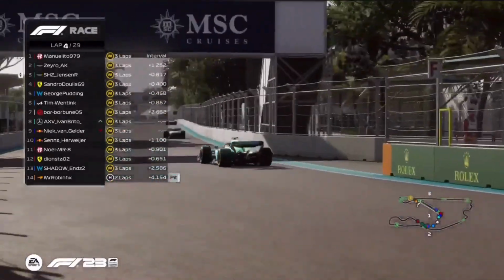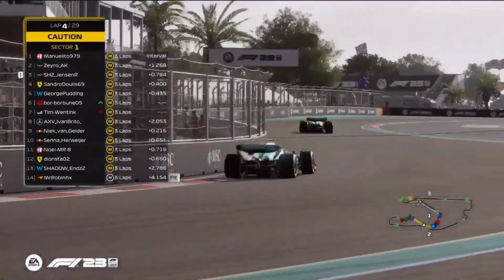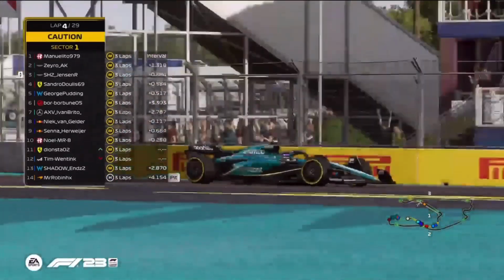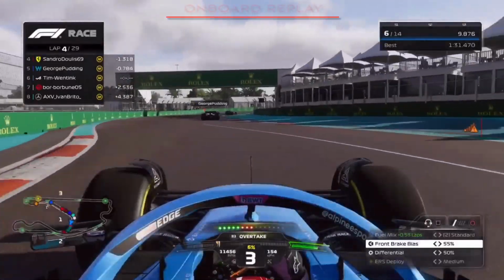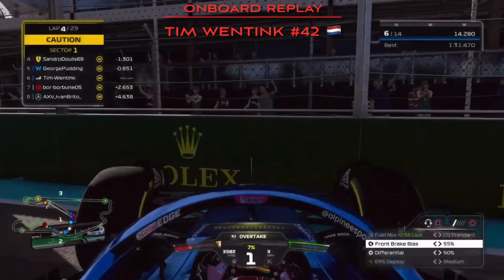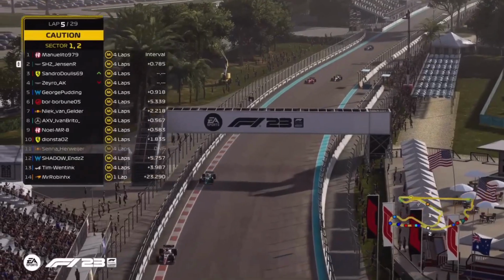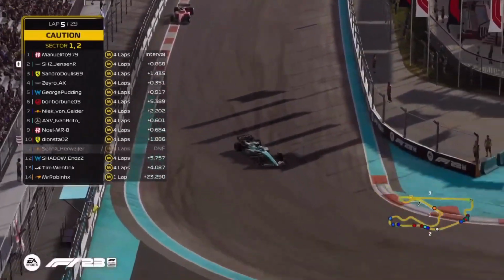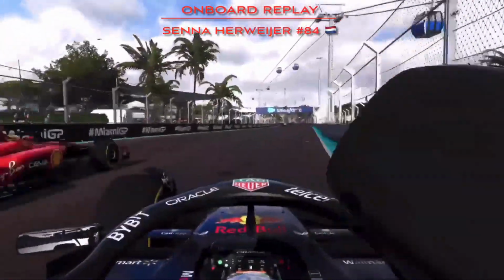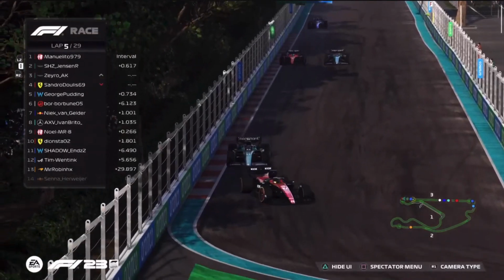So Jensen Randall started 13th, up into 3rd, and we've got a caution flag flying in Sector 1, and looks like that might be... Oh, that's Tim Ventic. Looks like he's had an issue. He's gone around. And it looks like Senna Haywire has binned it somewhere. So virtual safety car, and we're back to green flag racing, and it looks like